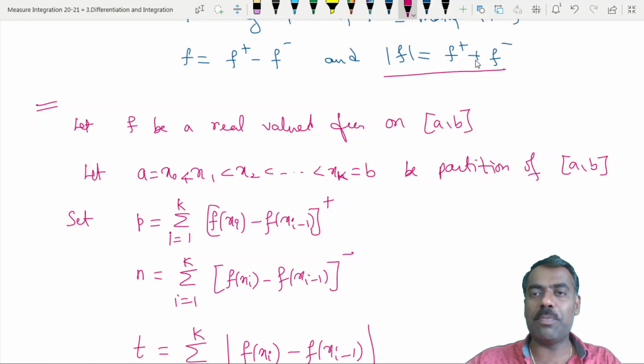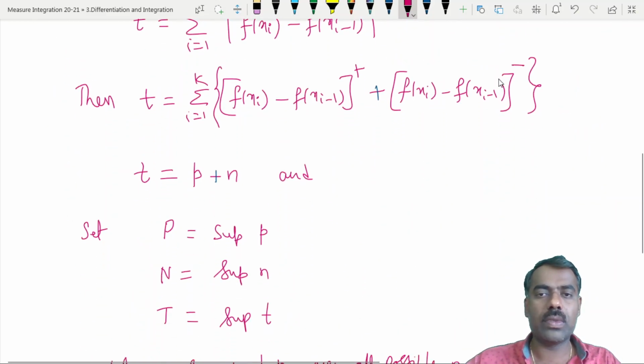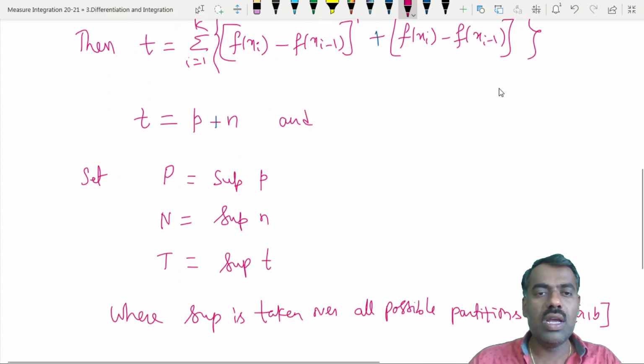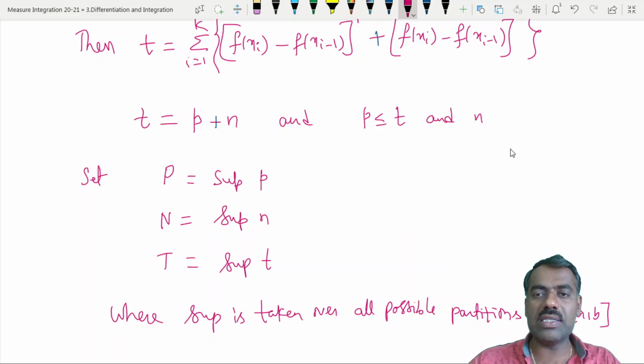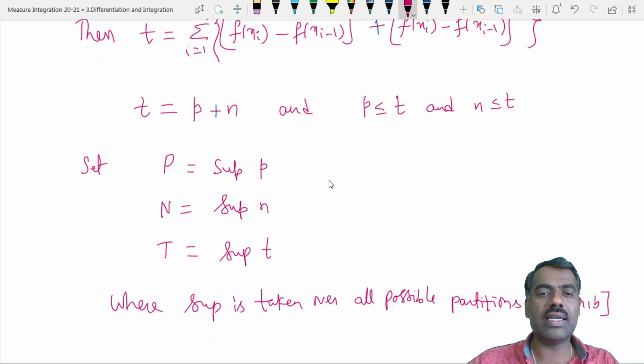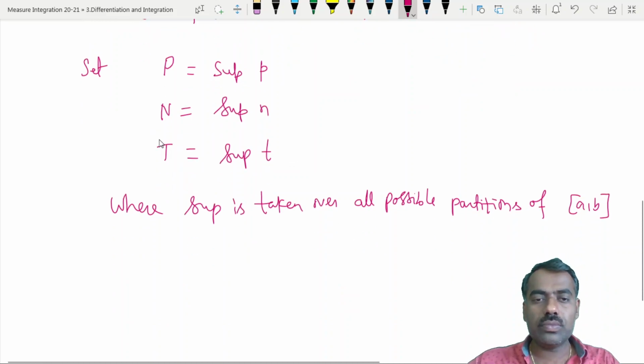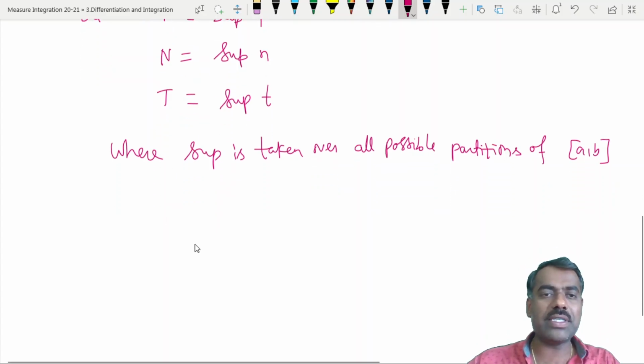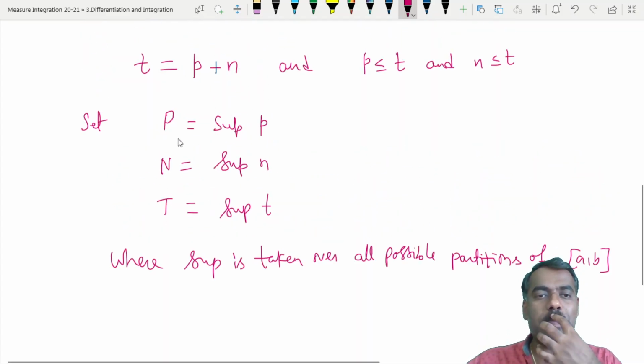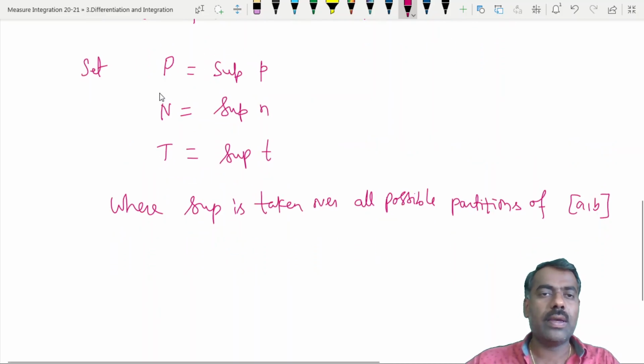The absolute value of f is f plus plus f minus. Okay, right? So this is p plus n. That means in particular, you can see that p is less than or equal to t because they are all positive values, right? And also n is less than or equal to t, right? Now this capital P and capital T we also sometimes denote by PAB, NAB, TAB, because